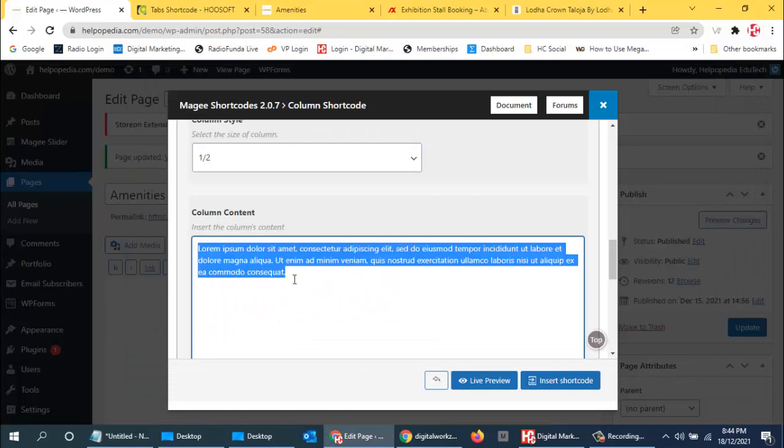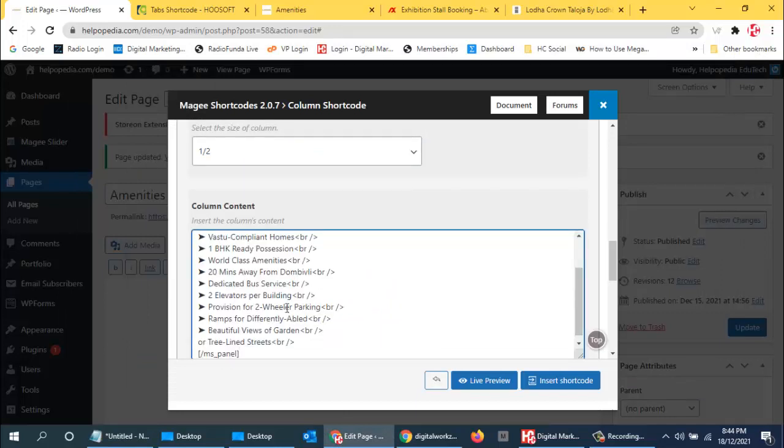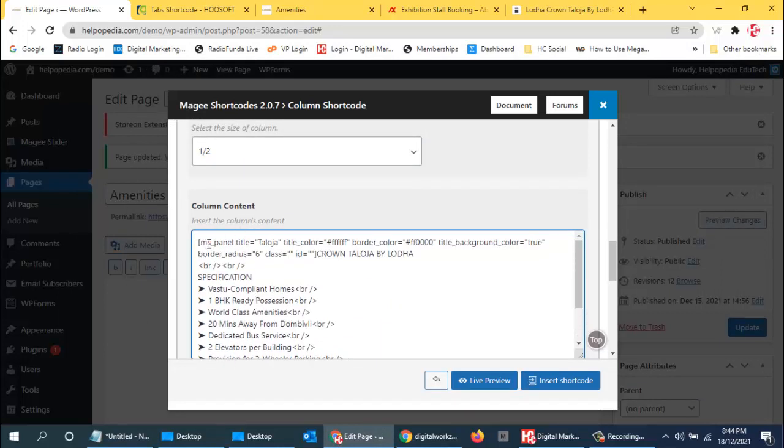And over here Taloja is not being seen. I'll make it okay. Border color is this. Title background is true. Border radius is 3. Okay, fine.